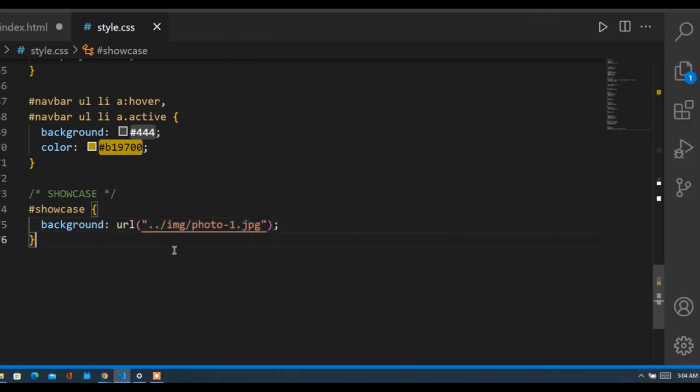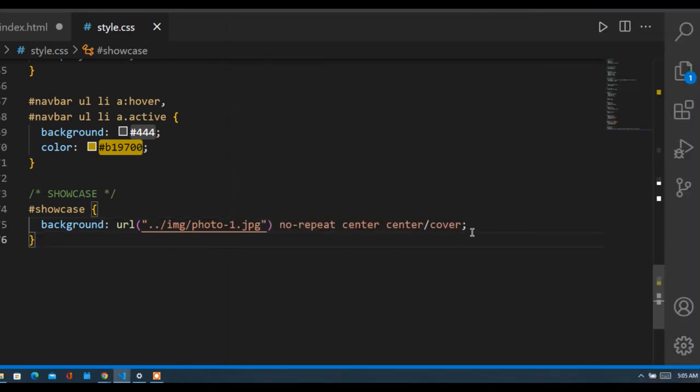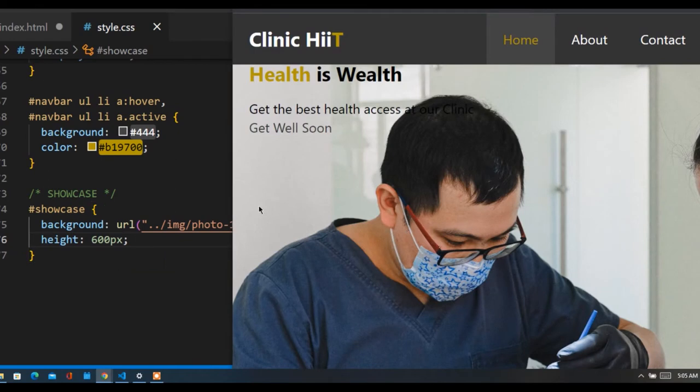So I'll come here and I'll say no repeat. I want it to be centered. I want it to cover the screen, so when I save that, it still doesn't appear the way I want it to. So I'll just come and give it a height of 600 pixels. So I have my image here,